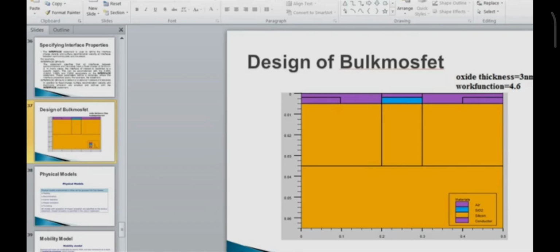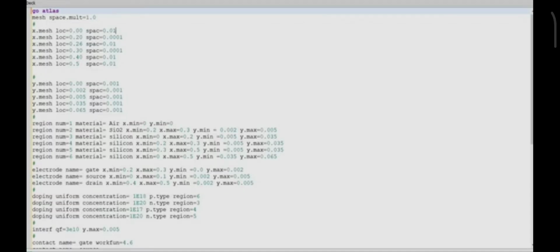Oxide thickness is 3 nanometer, and the gate work function is 4.6 electron volt. Go for the code. The mesh space.mult is equal to 1.0. It is a multiplying factor with meshing. First statement in meshing, this one,